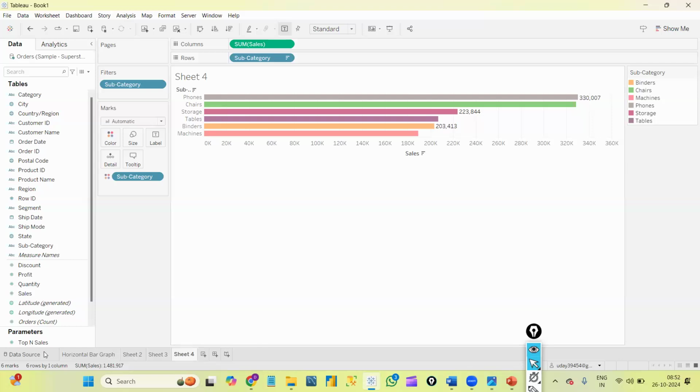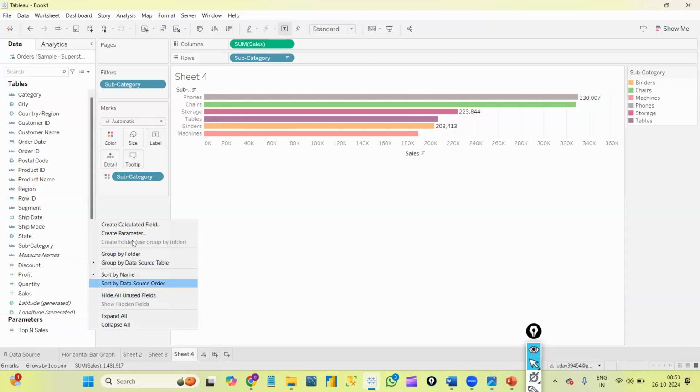And if you can see here, whatever parameter I created, I got a separate panel here called parameters, and that parameter's name I can see here. So if I click on this drop down, I will have an option to